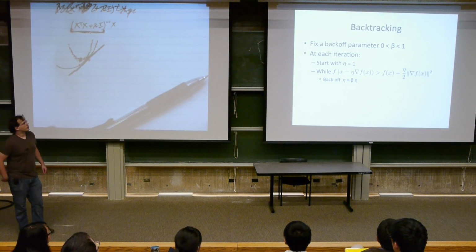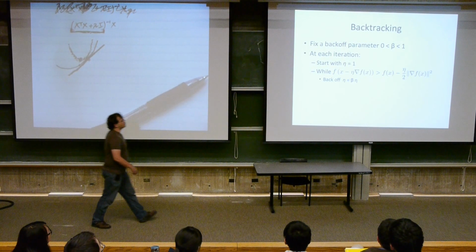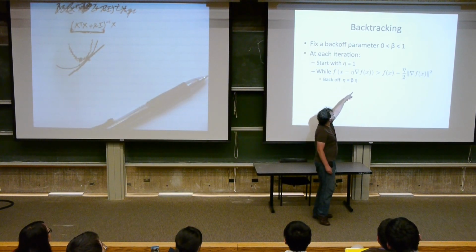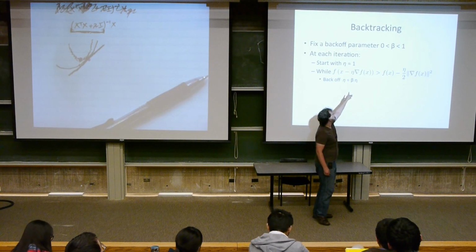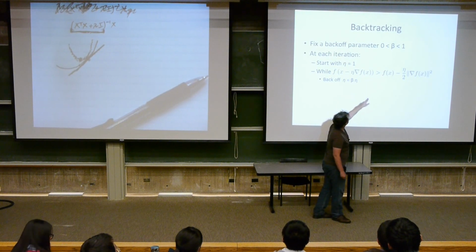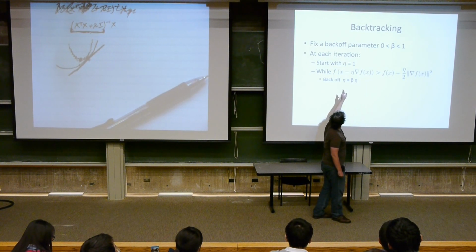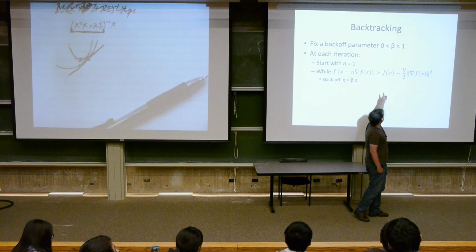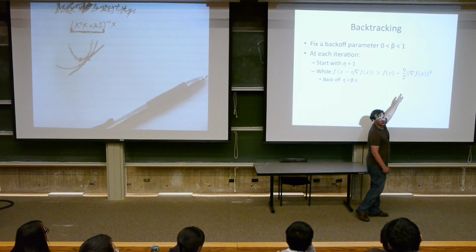Then we check the function value at the new point, using the update rule for gradient descent: x minus eta, the step size, times the gradient. We check if the function value decreased enough. If the function value at the new point is bigger than the old function value minus half the step size times the squared norm of the gradient,